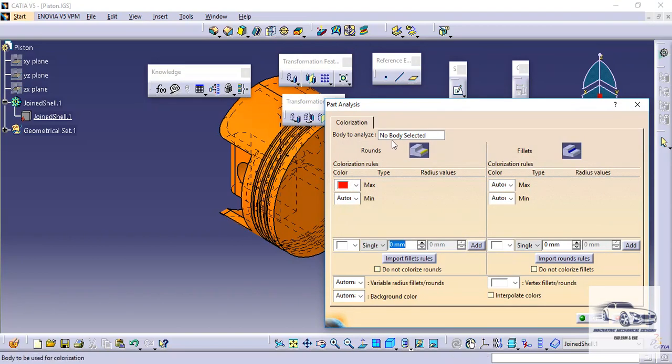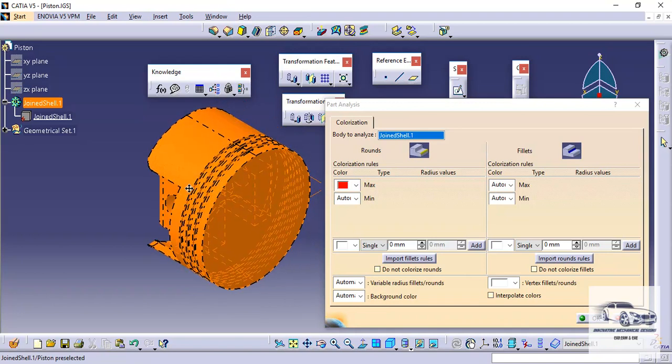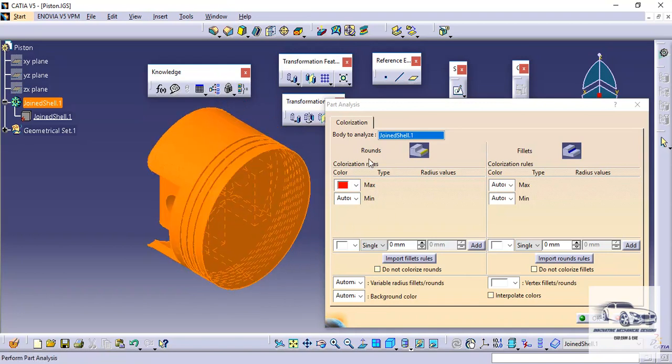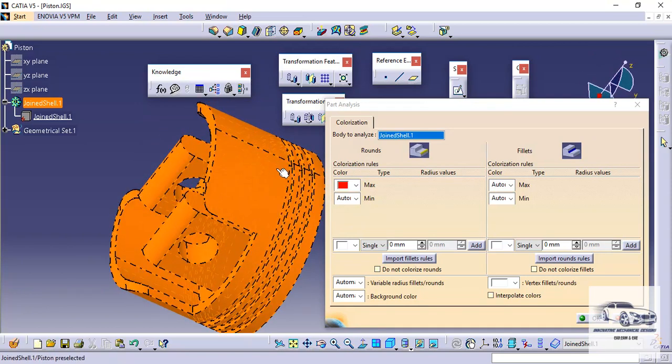Here we have to select the body we want to analyze. So I will select this part. Since this is a part, it will be selected as a single body. Now here we have two columns, for rounds and for fillets. So what is the difference between a round and a fillet? Rounds are always outer curves and fillets are always internal.